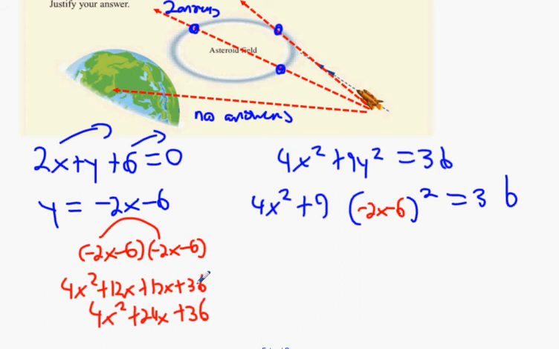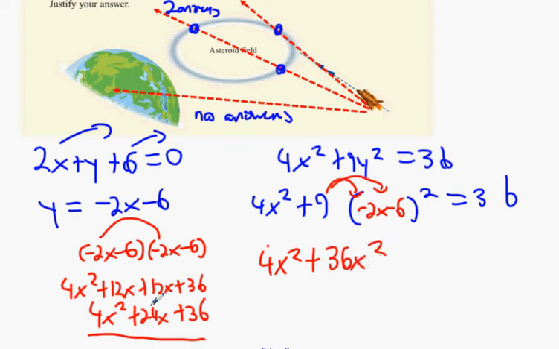Everybody alright with that? Now, we're going to multiply everything there by 9. Why are we going to multiply everything there by 9? 9 was meant to get multiplied by the answer for that. So 9 times 4x squared, 36x squared. 9 times 24, 216x. 9 times 36,